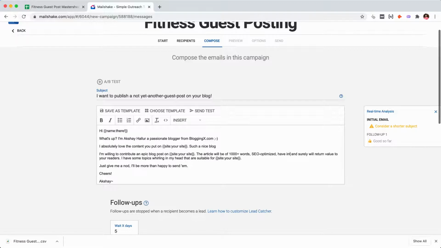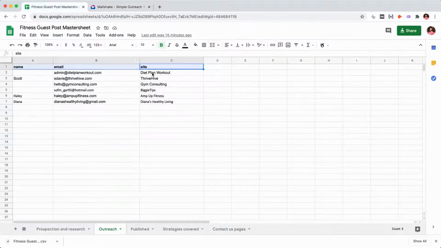And have internal links, because depending upon the site, they would like to have internal links in your guest post when it's published. So that would be a friction for them to accept your guest post, extra work for them, right? So if you commit upfront that you will do all their work, and once you submit it to them, it will be ready to publish, then they will be more than happy to accept your guest post.